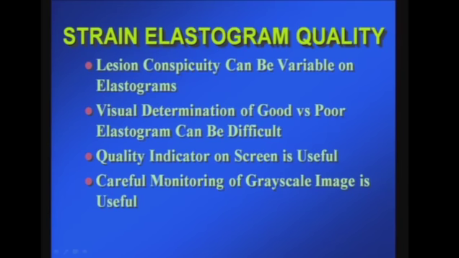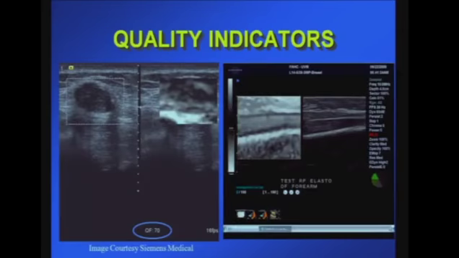And we found another method that's very useful is to carefully monitor the grayscale image. So here's an example of a couple of different quality monitors. This is on a Siemens system, and you can see it gives you a quality factor readout. And in fact, if the quality factor calculated by the machine is less than 70, it won't actually let you look at the image. It grays it out so that you can't interpret it. The quality factor is